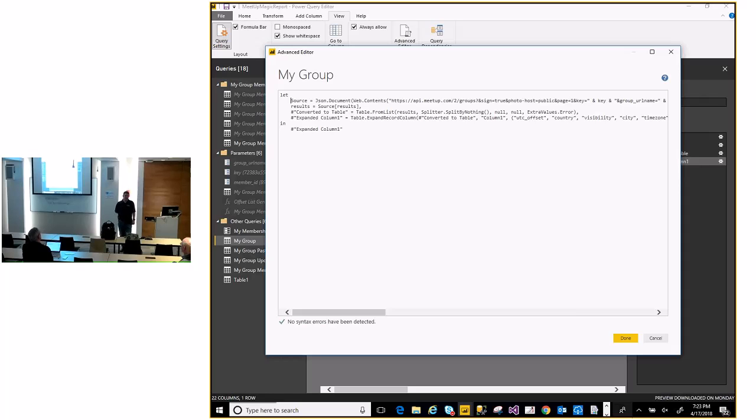But ultimately, in the end, you're going to be making so many calls for this that I think you could do it over an hour. The other concern that I had is ultimately I wanted to publish it out to the Power BI service and allow someone to automatically refresh on a scheduled basis. And if you make those data set refreshes take too long, there is the potential for a timeout there. So I just wanted to be able to do it once on a small scale, just to prove I could do that part, and then later on get fancier and fancier with timing and things like that.